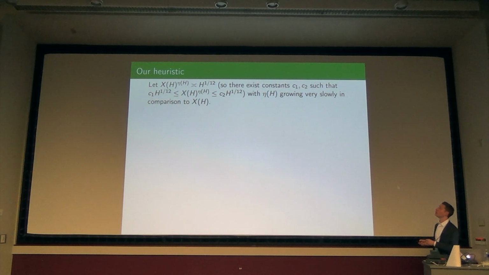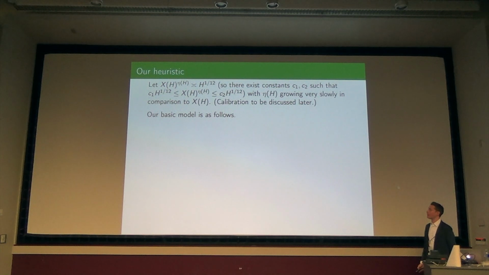The exponent grows very slowly in comparison to x. That's what I mean. It could be a log thing. So the size of the entry should be growing, and the matrix should also be growing in some compatible way, but we're not going to be too precise except that it should have this relationship. The matrix size and the size of the entry should grow like some h to the 1/12 if I want to model an elliptic curve of height h. This calibration and where it comes from, I hope I'll have a chance to say something about it.